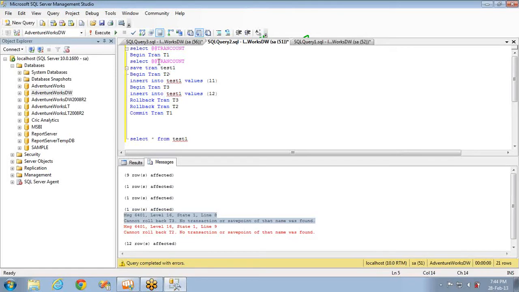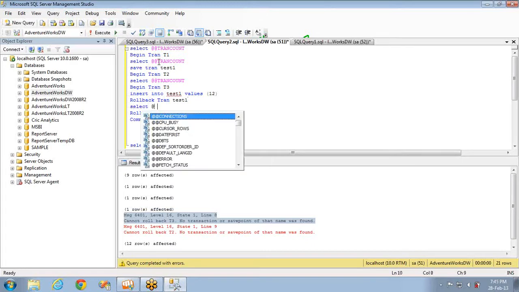I'm starting the second transaction after that, and I'm going for the select statement again, and I'm starting the third transaction here, and here I'm rolling back the transaction, that is, I'm rolling back to test1, the save point I have created.